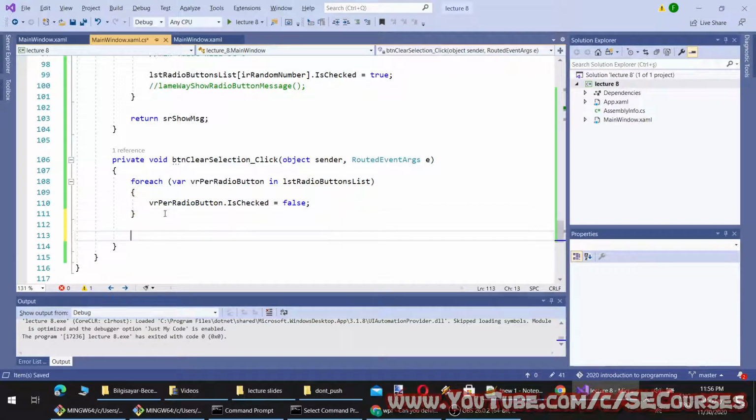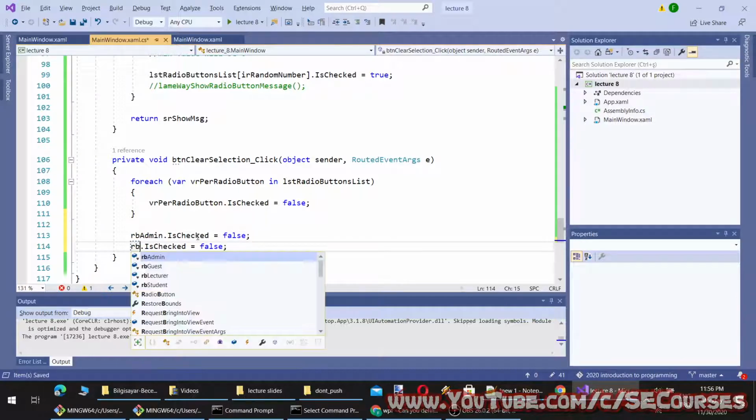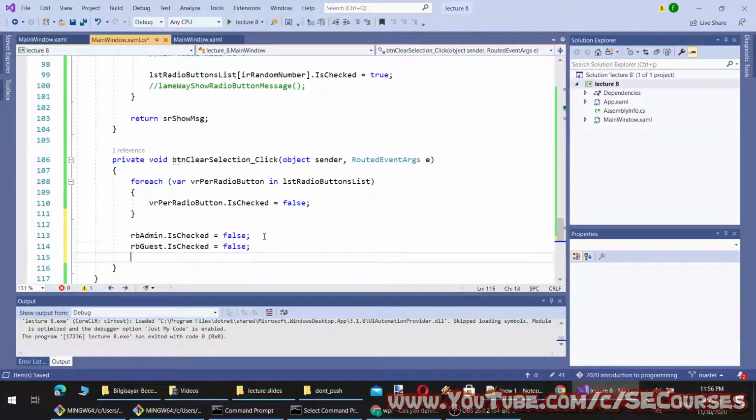This is same as writing, for each one of the radio buttons, is checked equal to false. But if there are 100 radio buttons, you have to write every one of their names, which is an inefficient way of handling radio buttons.